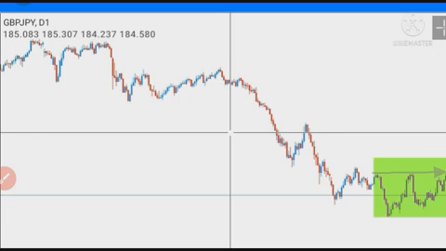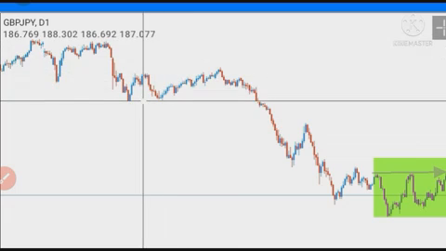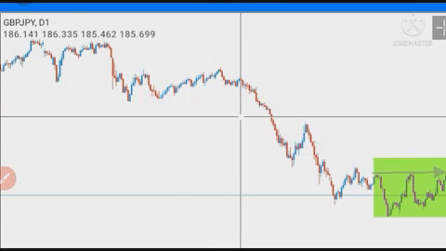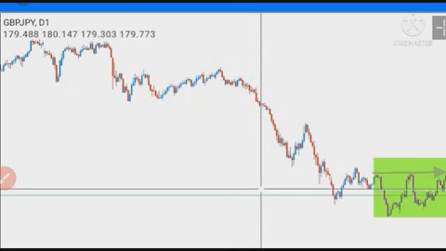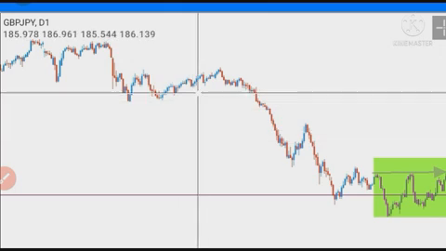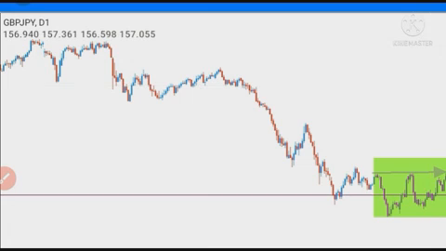Now, price came and made a lower high. Lower low, lower high, lower low, lower high, lower low, lower high. Just like I showed you on that diagram. That is what you want to see on your chart to know what the structure is. You can see clearly here that the structure is bearish. That's number 1, cleared off.